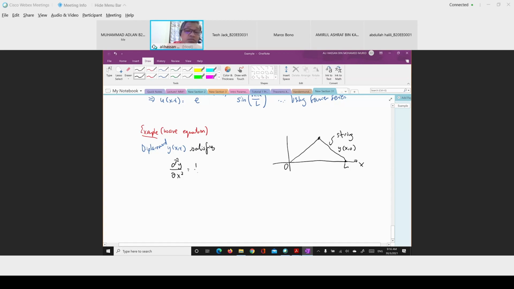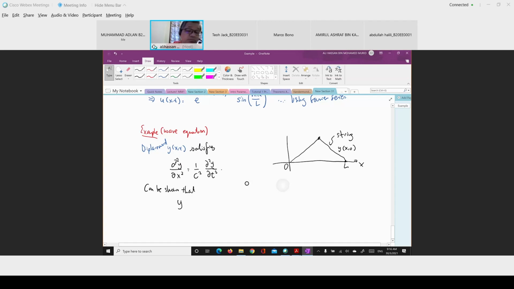1 over c squared, y partial t partial t. Okay, this is called a wave equation here, also written in terms of partial derivatives. It can be shown that the solution can also be found with the help of Fourier series, that it